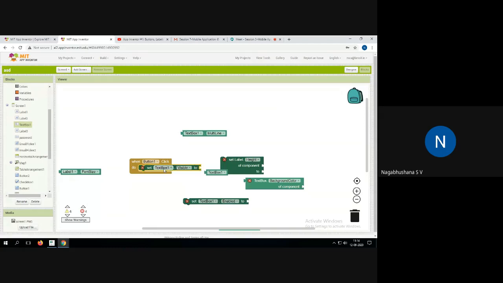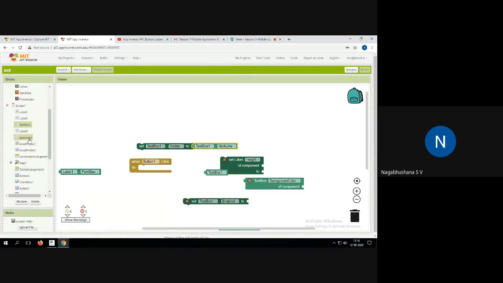Otherwise, you can just drag and drop whatever actions you want to do in a specific place, and you cannot just place it like this. If you are showing this, this is not the correct way of doing it. So you can just try to add like this. So it has to attach like this. Okay, I'll showcase it in the demo also.